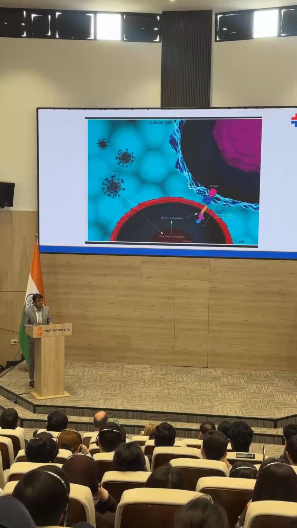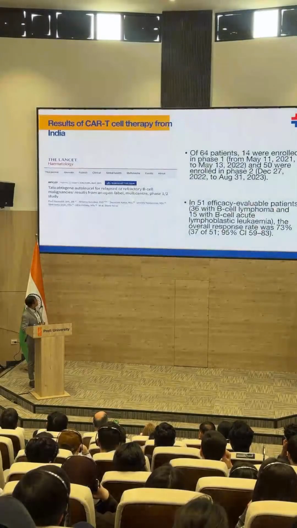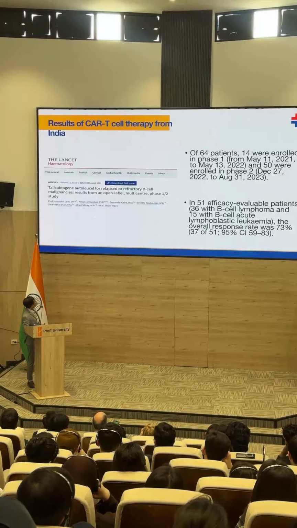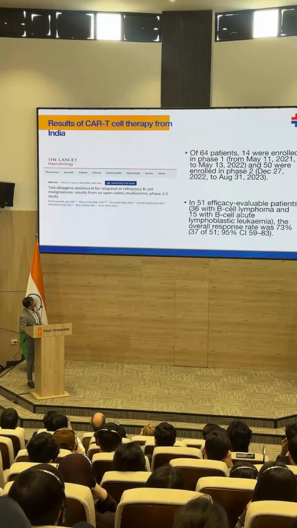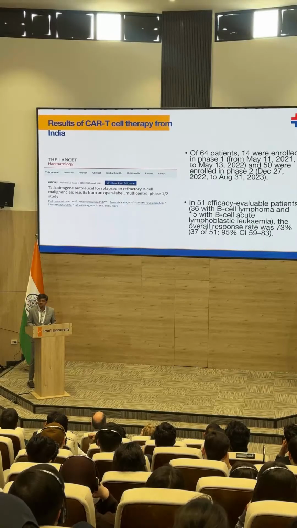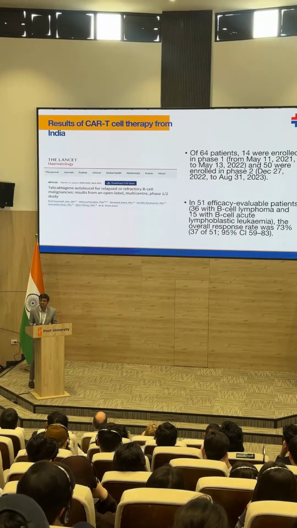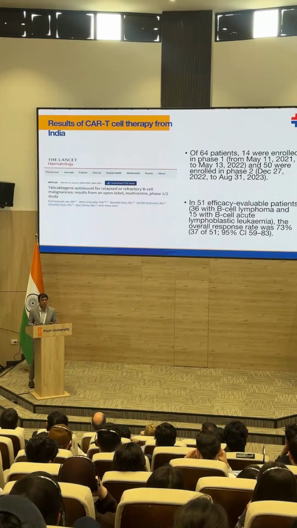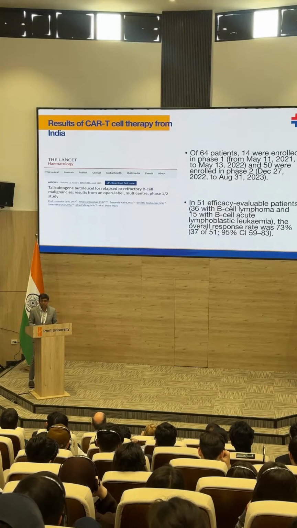Now coming from theory to the real world, this is a paper from India. This is the CAR T cell therapy which was developed in India, and this is the study from our place. If you see, in patients with refractory and relapsed B-cell leukemias and lymphomas, 73% of the patients had responses. As an oncologist, I can tell you, any other treatment for such a patient would have given response rates of just 5%, 10%, or at the most 15%. And the responses are not durable. They are not long-lasting responses.